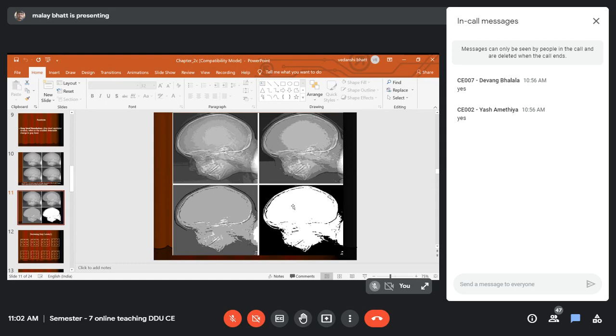So this is how, when you reduce the gray level resolution, you get false contours in the image and the details are lost from one level to another. With level 0, 2 raised to 0 is only 1, which means only black. But when you go to 2 raised to 1, you will find a black and white image. A black and white image is possible with 1 bit, either 0 or 1.